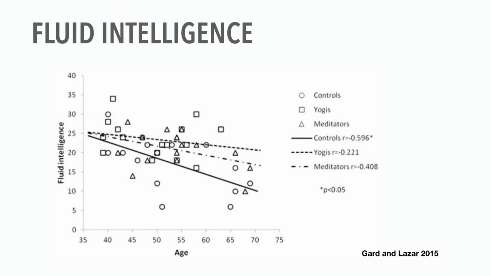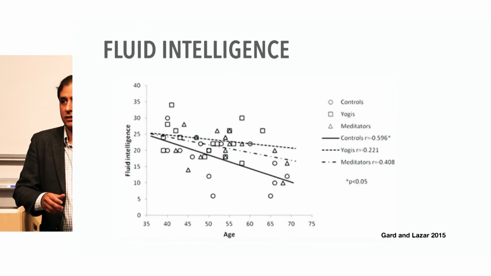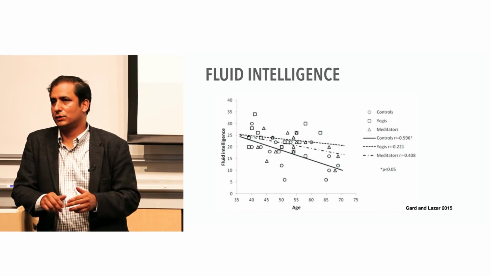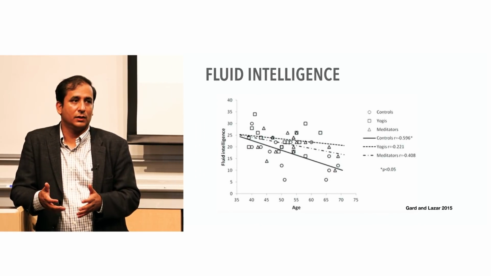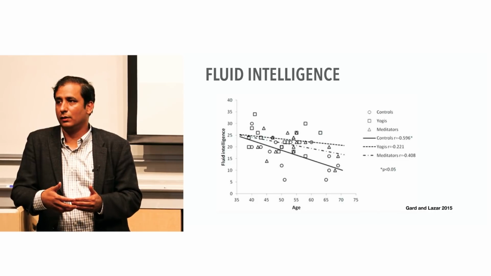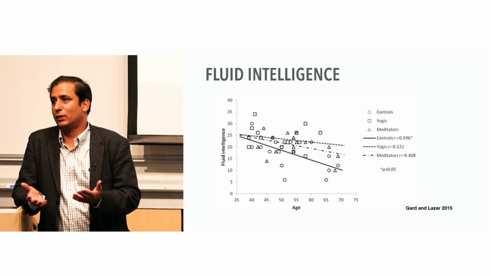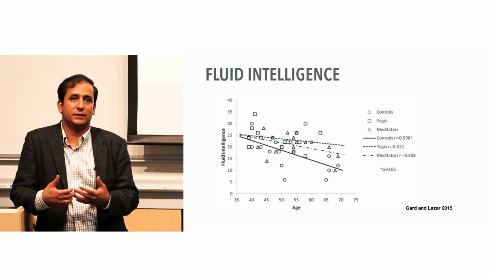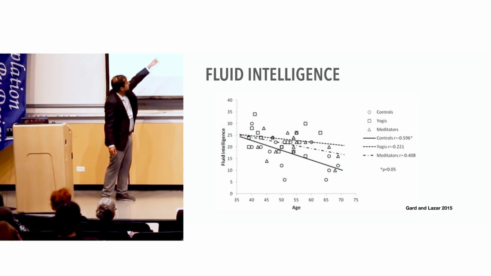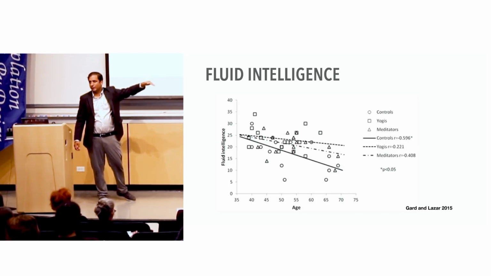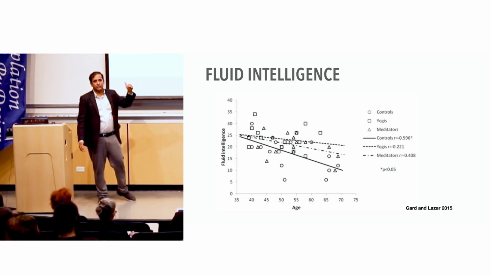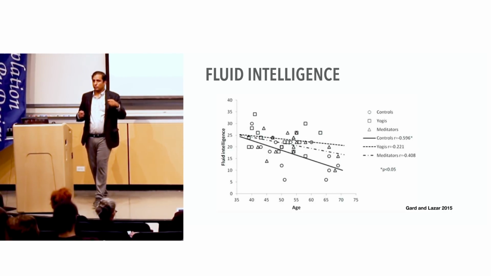Fluid intelligence. This is again Sara Lazar's group, a much more recent paper published in 2015. Just like they did the experiment with cortical thinning, here they're looking at fluid intelligence, the part of intelligence which is changeable and trainable in nature. So for example, learning more, enhancing vocabulary, or remembering more items in working memory, or better information processing, so you can respond faster. And they found that these variables of fluid intelligence in regular controls decline, just like our cortical thinning happens. Our ability to have higher fluid intelligence drops with aging.